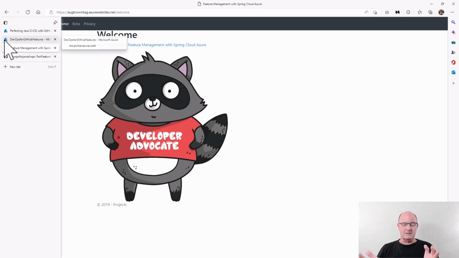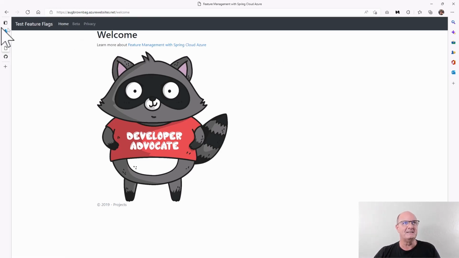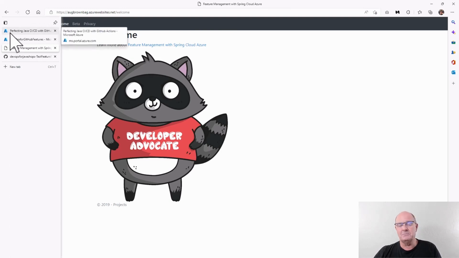I like to show this demo because it's not just a simple Hello World standalone application. It actually has a connection to something else, which is what most applications out there in the real world do. They usually connect to something or other. All right, let's get into how you actually build this.